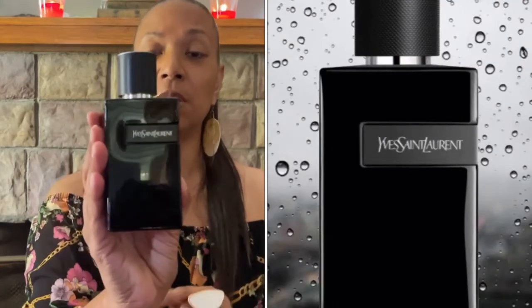Now let's get into the review, which is Y Le Parfum by Yves Saint Laurent. Here's the bottle. It's nice and dark and sleek. It has the Y that wraps around. It's a beautiful bottle. Now, I sprayed this about 3 days ago, and let me just tell you a little bit about it. So when I sprayed it,